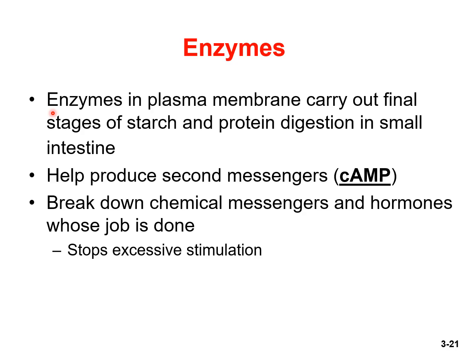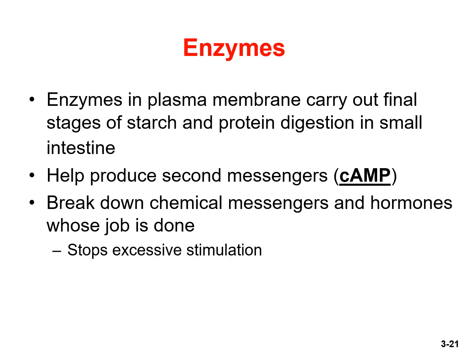Enzymes, when they're on the surface of the membrane, can carry out final stages of starch and protein digestion or break down certain types of neurotransmitters. They can also help produce second messenger, cyclic AMP, in certain cases. But pretty much, these are going to break down chemical messages and hormones when the job is done. It stops